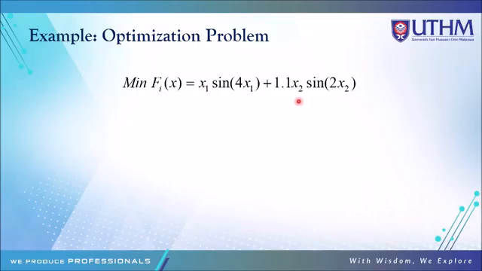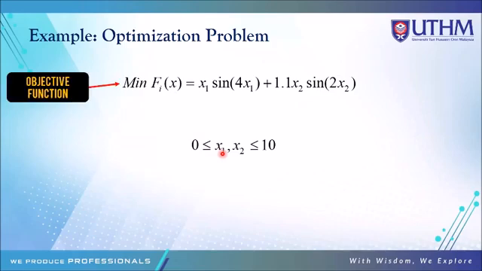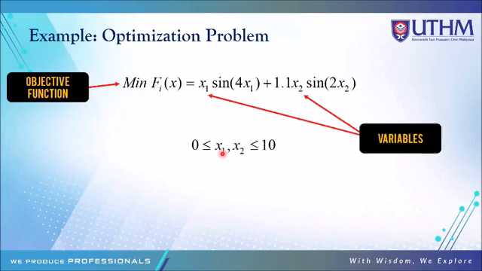So in this problem we have two variables, which means we have x1 and x2. These variables, of course, have their own limits, their own constraint. For example, in this case we have an inequality constraint, which means that the values of x1 and x2 are within 0 to 10. That's the limit of the variables. That's the parameter that we have to clearly define and understand before we apply the optimization algorithms. So we have an objective function, and in this case we have two variables.